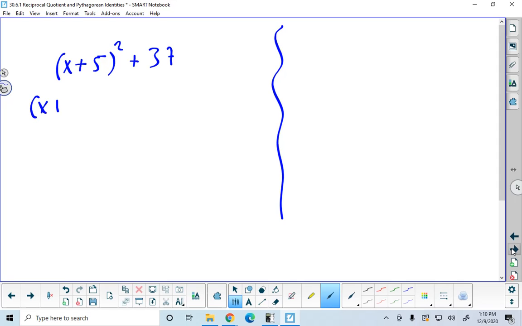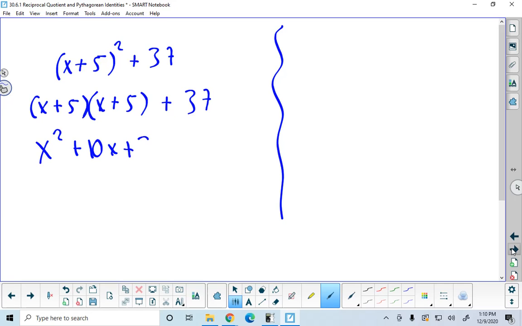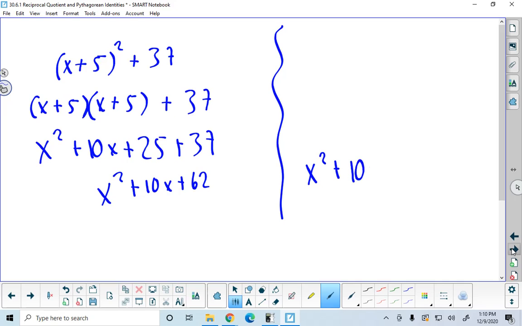if I expand out x plus 5 squared, which is x plus 5 times x plus 5, and I add 37, I'll get x squared plus 10x plus 25 plus 37, which is x squared plus 10x plus 62, which is what we had on the right-hand side, which means we didn't put numbers in. It means the left side is always equal to the right side, and that's what we call a proof. It's an algebraic proof because there's no trig, but we will get to that later. So now,